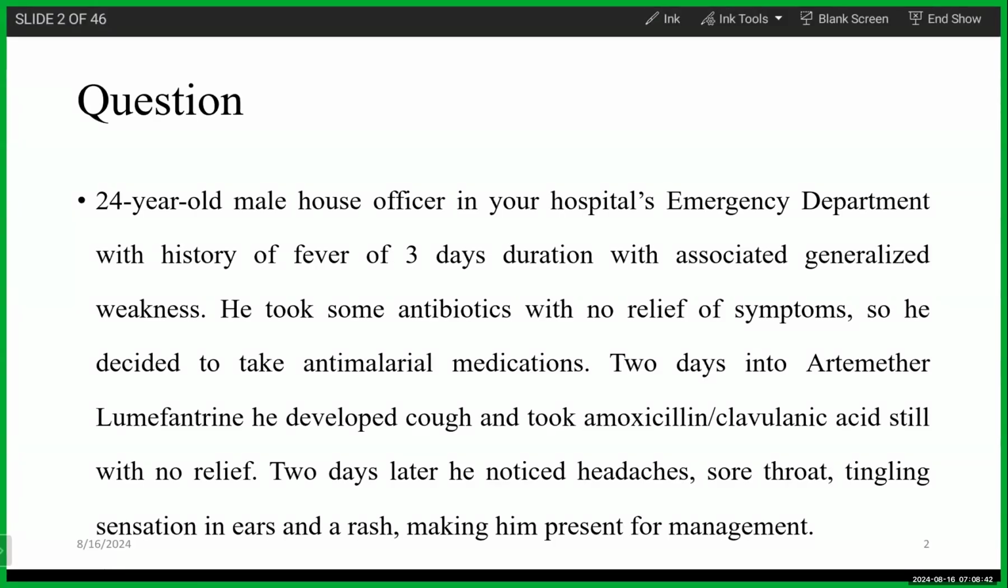The question goes thus: a 24-year-old male house officer in your hospital's emergency department with a history of fever of 3 days duration with associated generalized weakness. He took some antibiotics with no relief of symptoms, so he decided to take anti-malaria medication. 2 days into using artemether lumefantrine, he developed cough and took amoxicillin and clavulanic acid, still with no relief. 2 days later, he noticed headaches, sore throat, tingling sensation in his ears, and a rash, making him present for